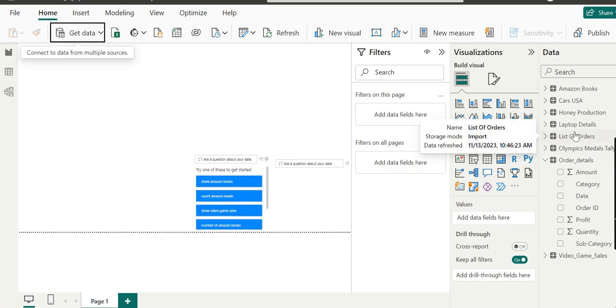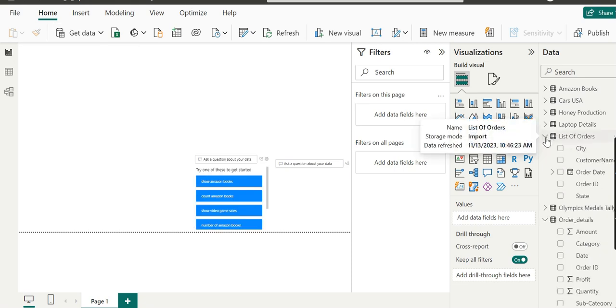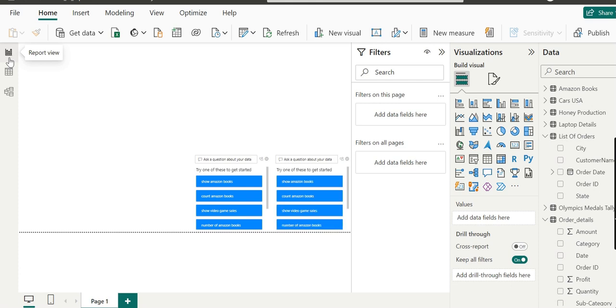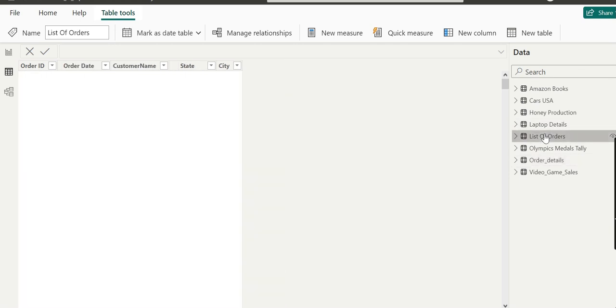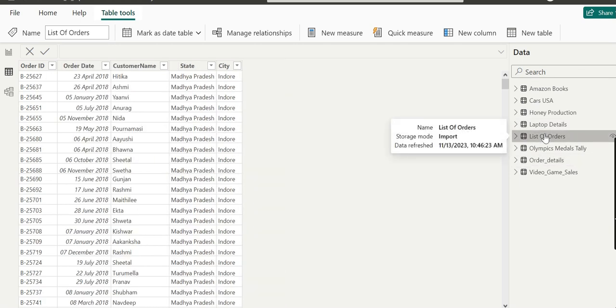This is here. So if you click here, you will see there are a few columns here. Then switch over to the report tab, then switch over to the table view and just click on the list of orders.